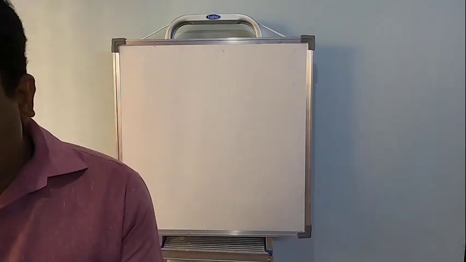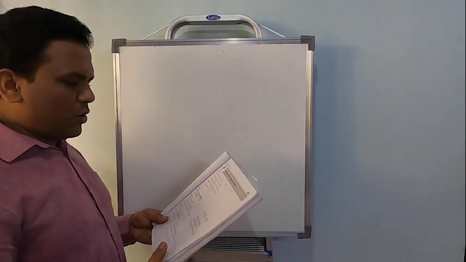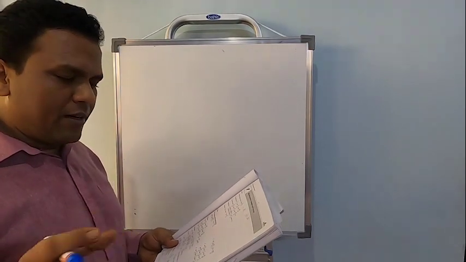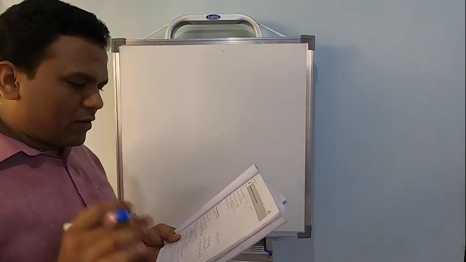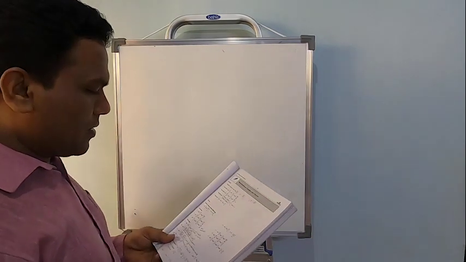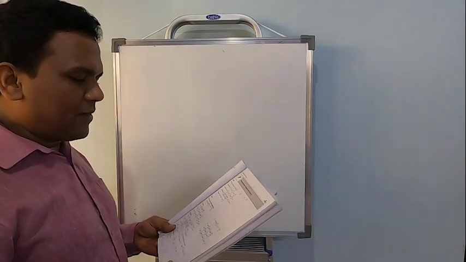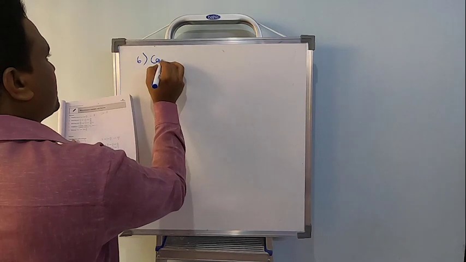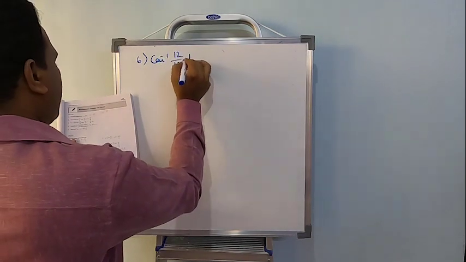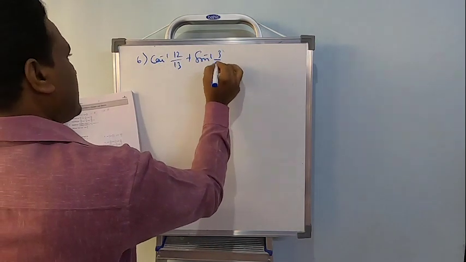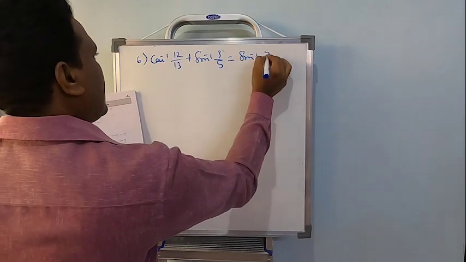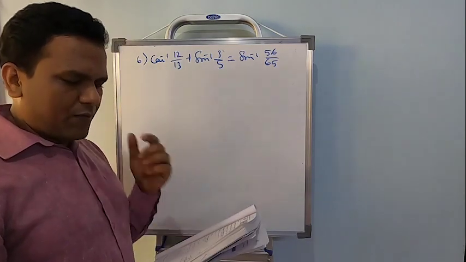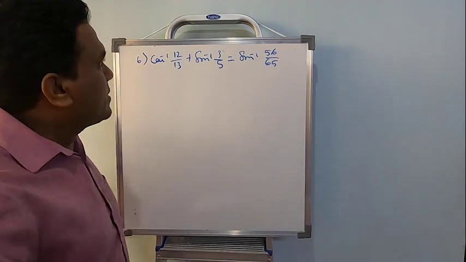Let's go to the next one. So in the second main, all the 6 problems are being done, to prove that we have done all the problems. Correct? Now, sorry, we have not done all the problems. Sorry, 6 and 7 I have not done, so I will explain the 6th and 7th. Okay, 6th one is cos inverse 12 by 13 plus sin inverse 3 by 5 is equal to sin inverse 56 by 65. I think I skipped it, so please make a note of this. So let us see this.